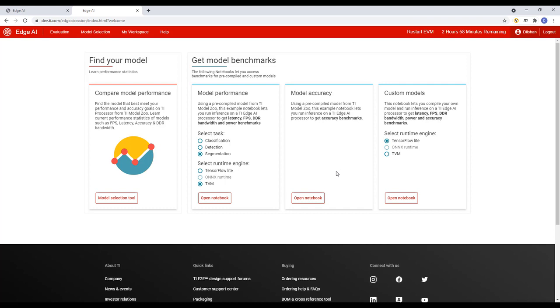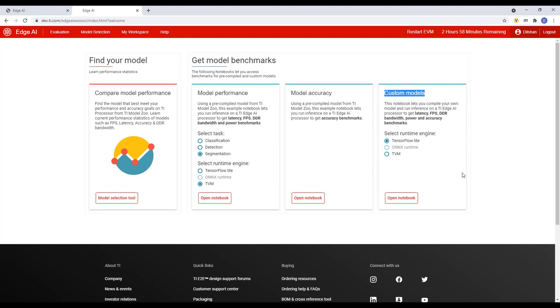Then you can move on to the next set of examples where we walk you through the workflow for performing inference with your own models. The example notebooks for this task are located in the section Custom Models. Of course, in these examples, in addition to the inference steps you saw in the previous set of examples, you also get to go through the model compilation step.